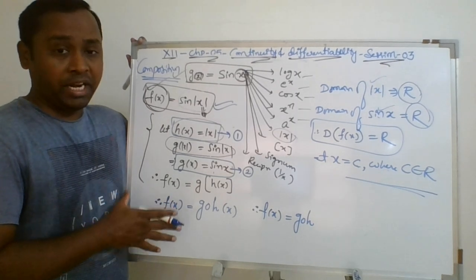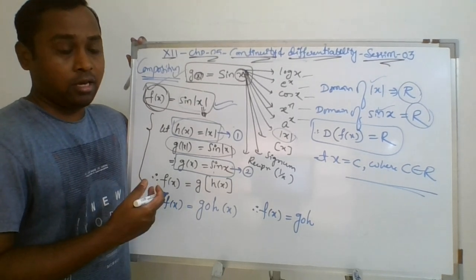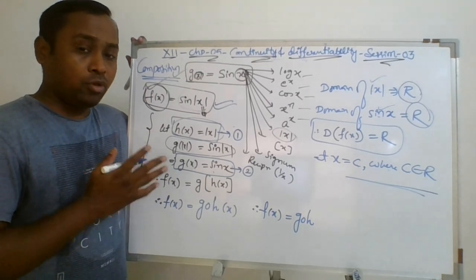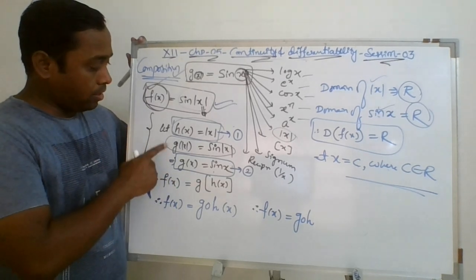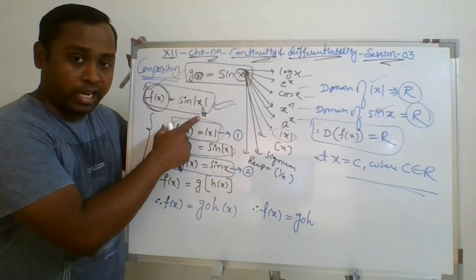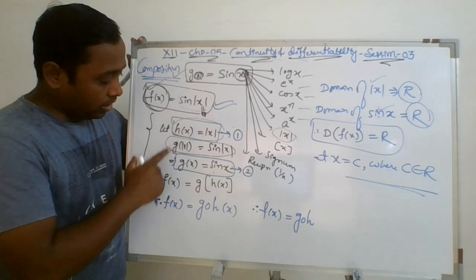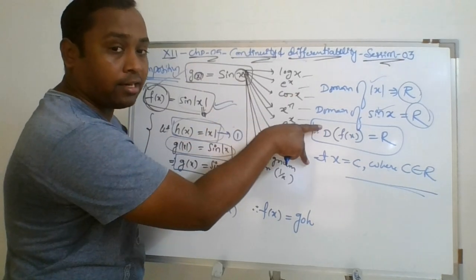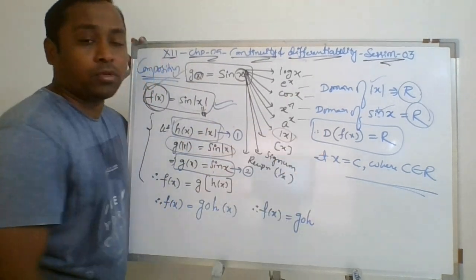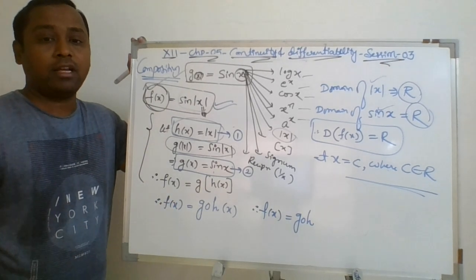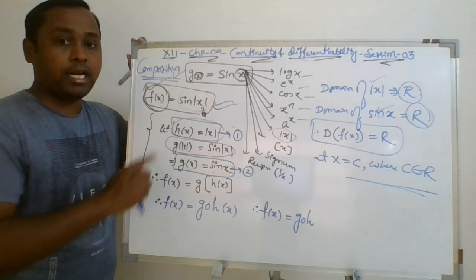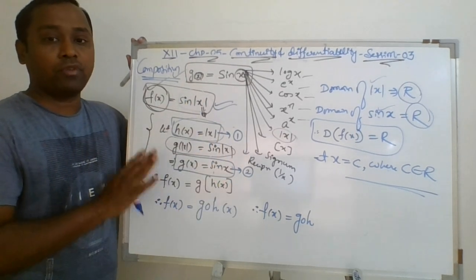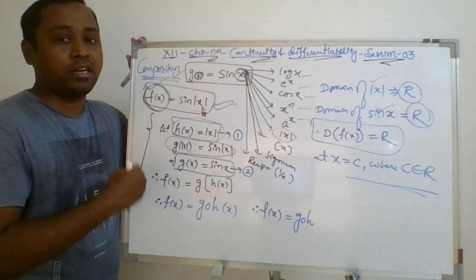Just the beginning part, before you start the actual process of proving continuity of the individual functions, you need to take care: name f of x and g of x first and then define the individual functions, then take their domains, then take the common domain, and then start the process. That is the only thing required while dealing with algebra and composition of functions. Nothing else. The core part of the solution remains the same. It's simply double work.